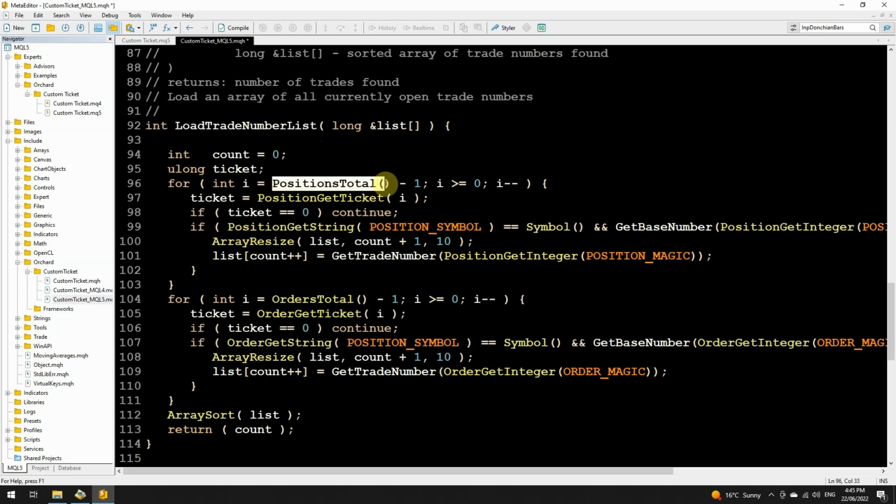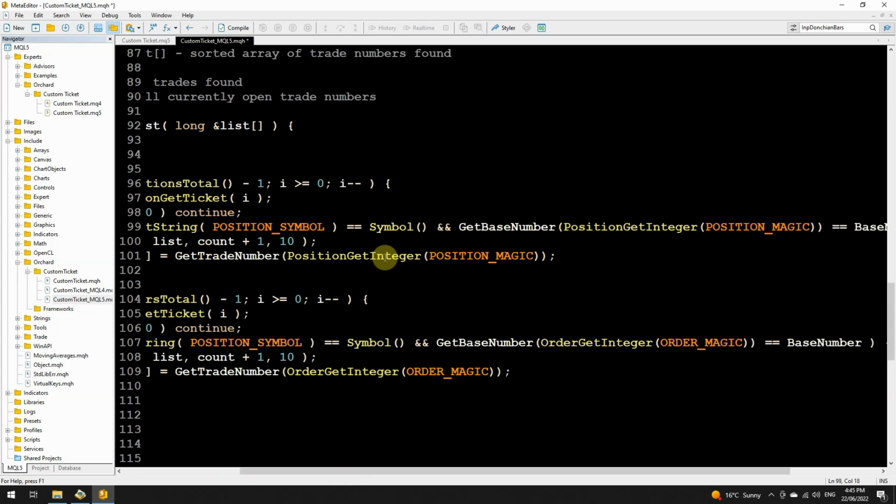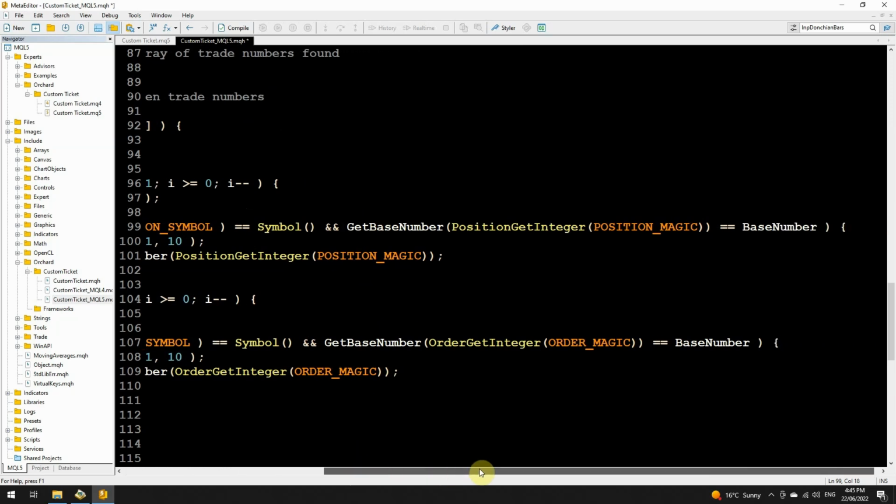One loop goes through the positions from position total - 1 while I is greater than or equal to 0. Ticket equals get position ticket. If ticket is 0, continue. If the symbol matches the chart symbol, and get base number, our earlier function, but this time passing position get